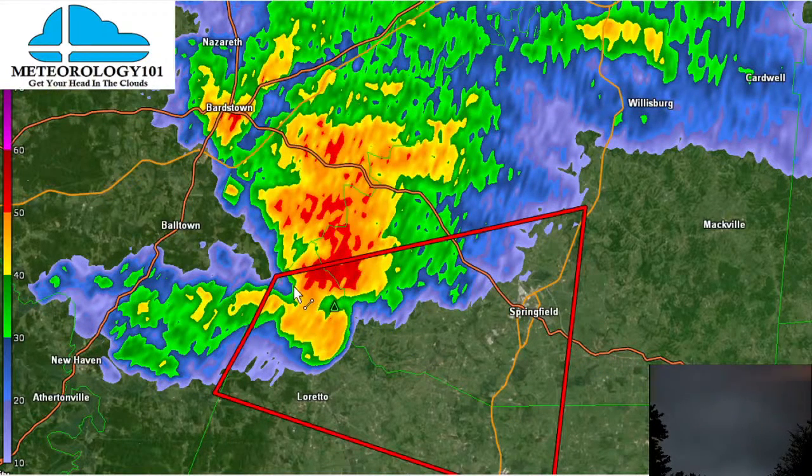So here's your hook echo to the southwest quadrant of that cell, so that's where your tornado is going to happen. That's why our tornado warning's there, and they covered enough area for that to move through, and then maybe push out of that area, and keep it active long enough to stay in effect. We got it moving 25 miles per hour to the east, and it's radar indicated rotation,